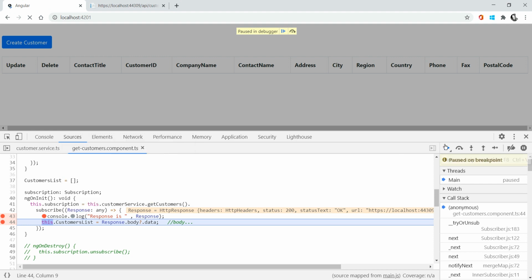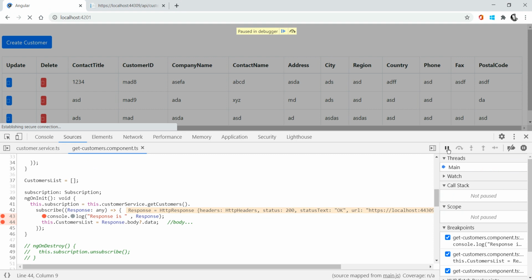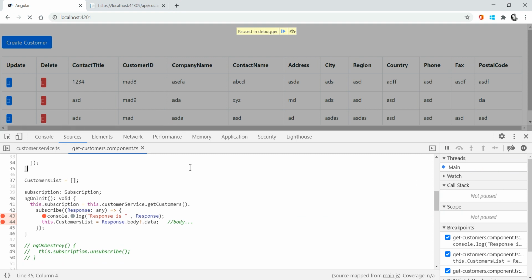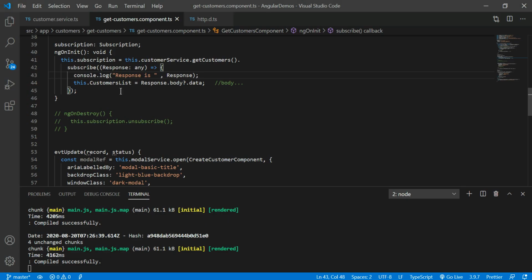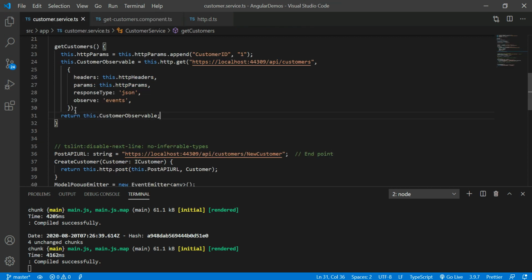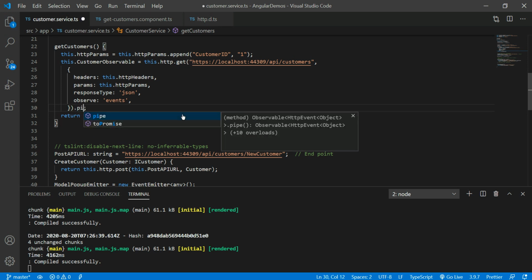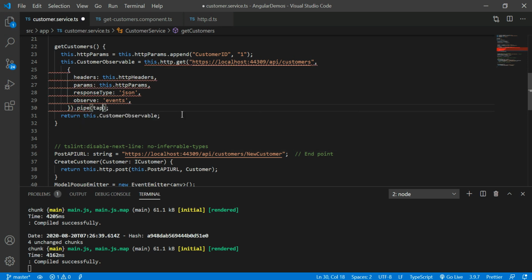Now execute that. Now you will see the output. So if you want to tap the response from here, suppose you want to tap what the response of this one is, you can tap it by using the tap operator. The tap operator comes under the RxJS operators. Okay, let me tap that. So type tap.